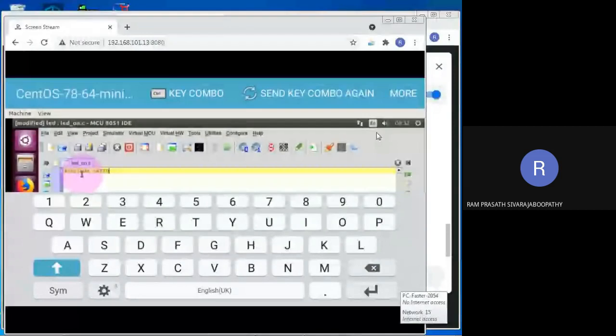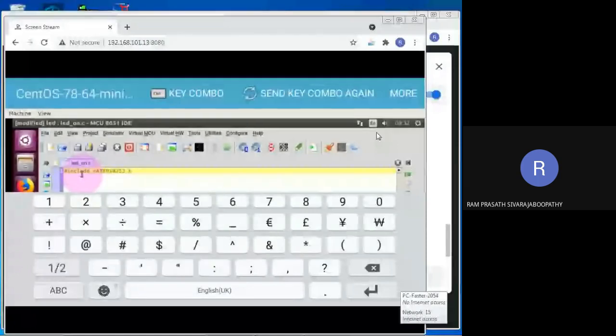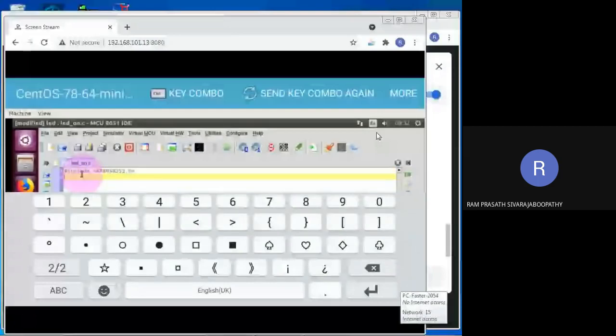So the default library available here is 8089S8252.h. So I have included that. In the next line, I am going to type hash define.